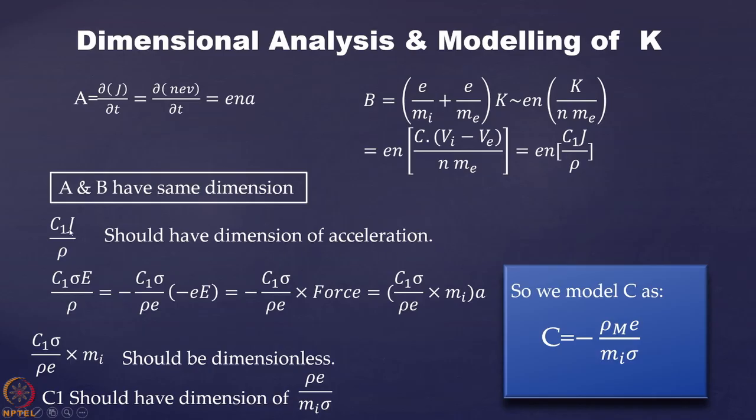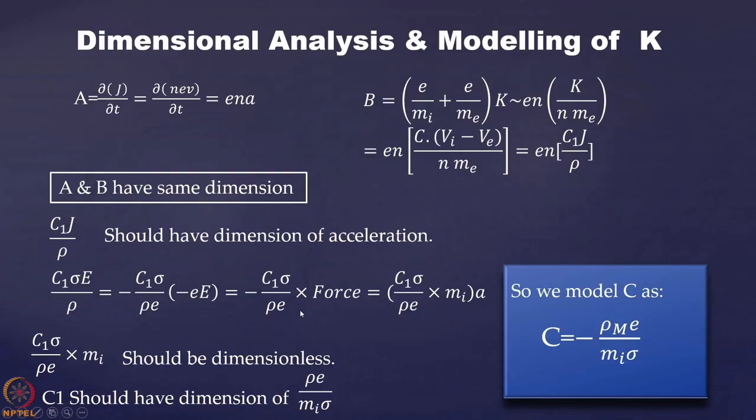Okay. Now we write it again over here. See, J is equal to sigma into E. You know, sigma is what? Sigma is the conductivity and E is the electric field. Now, if that is the case, then we write C1 sigma by rho into E, and then we write here minus, we have taken common, minus E into E. Then what is E into E? Charge into electric field. So it has a dimension of force. So C1 sigma by rho into the dimension of force. So that is what was coming in that expression.